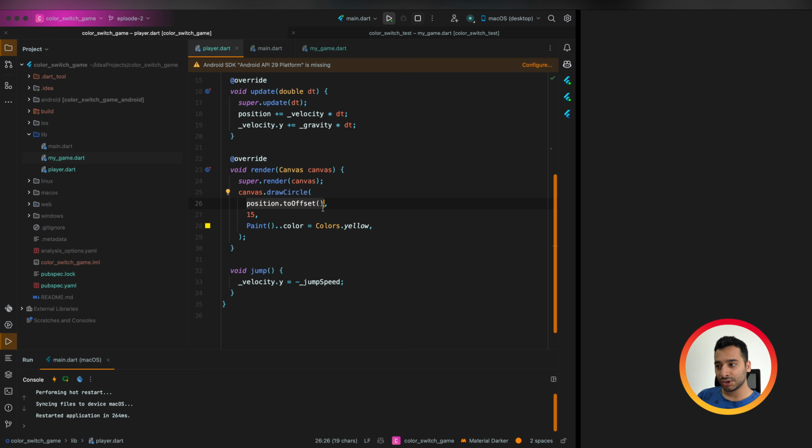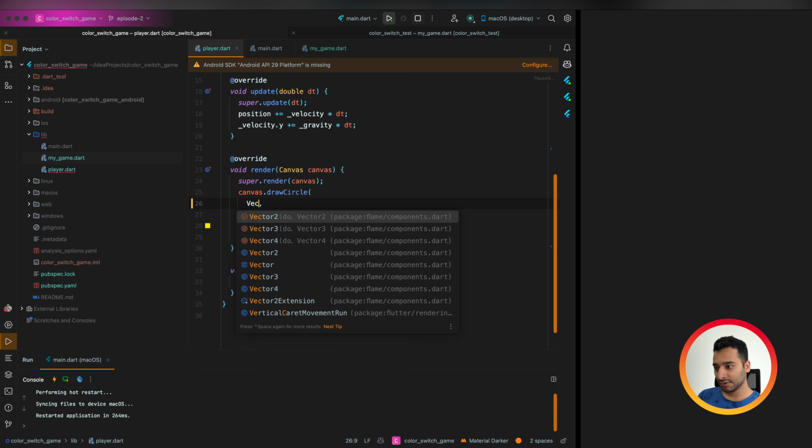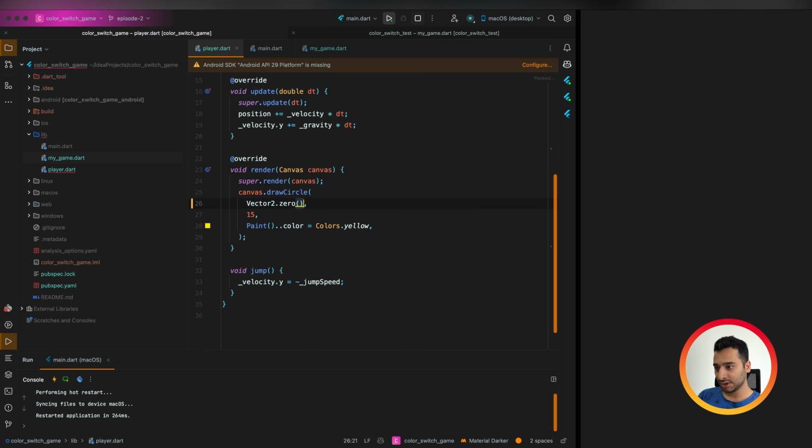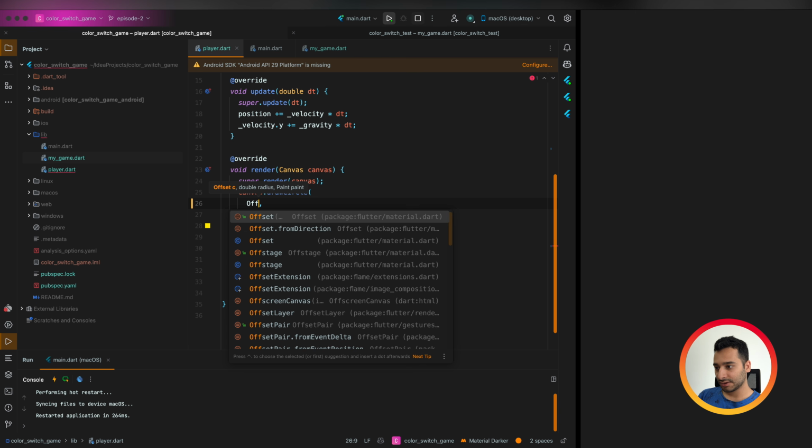So you're not going to set the position of your player here. You are going to work with 0 and 0, and then Flame draws your component at the correct position. So to do that, let me put Vector2.zero here, and if you run the app again, okay, it needs an offset.